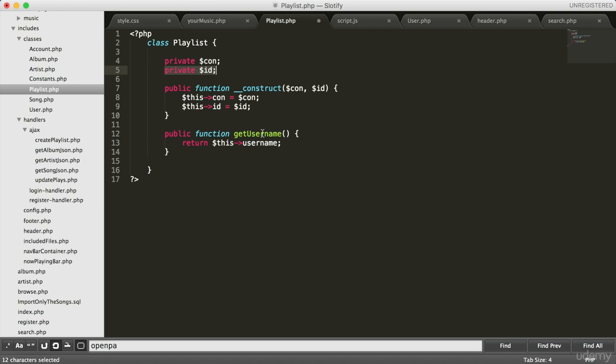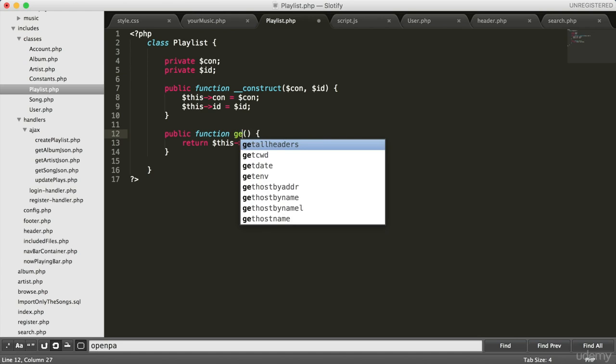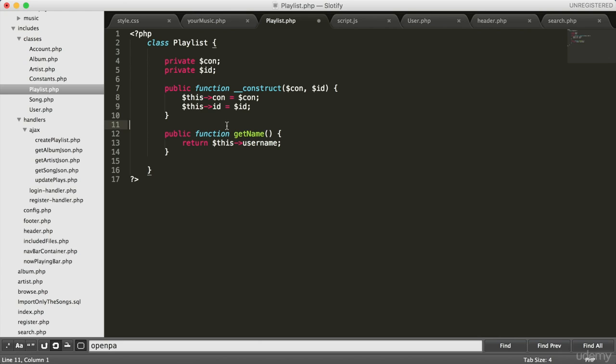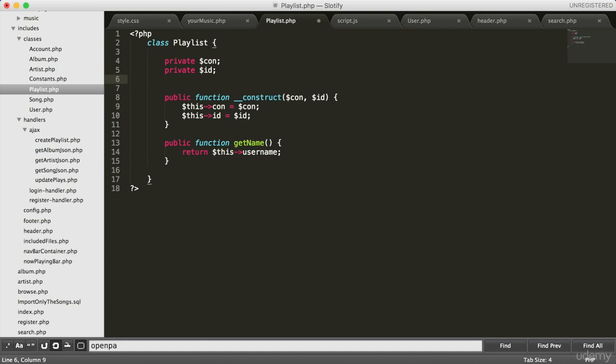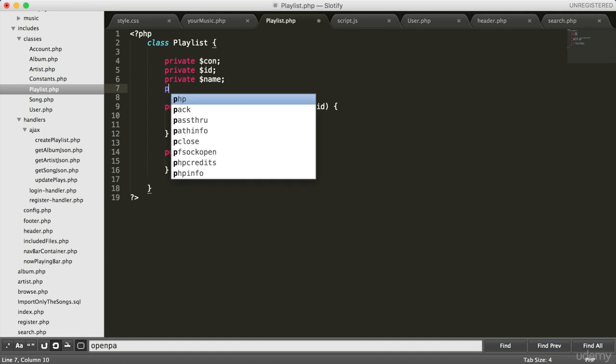And then this function we can just rename. Instead of get username, we'll just have getName like that. And instead of returning this username, we could just do a query that just returns the name. But if you didn't want to do that, we could just do what we've done in some other classes where we create private variables for each of the column names. So we could create a private name like that, and then also private